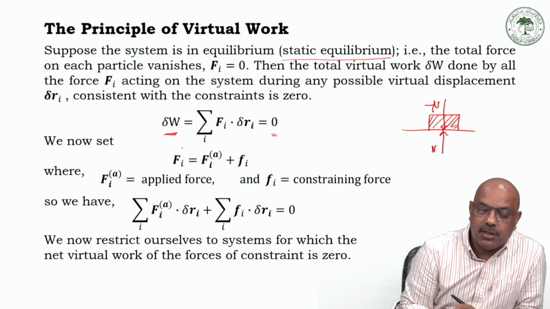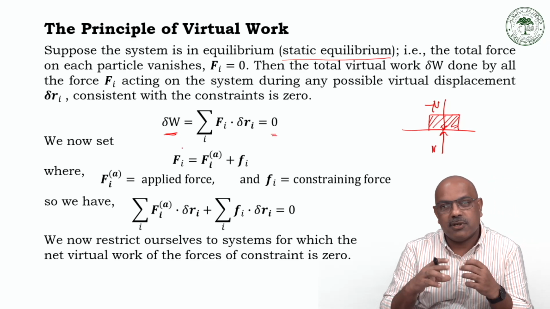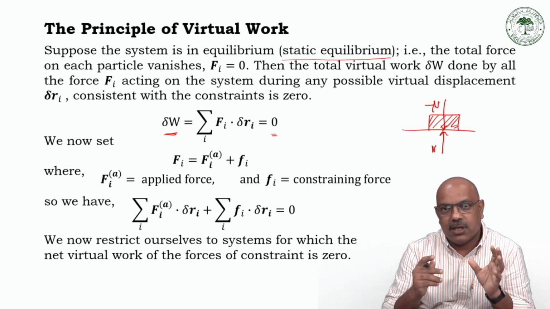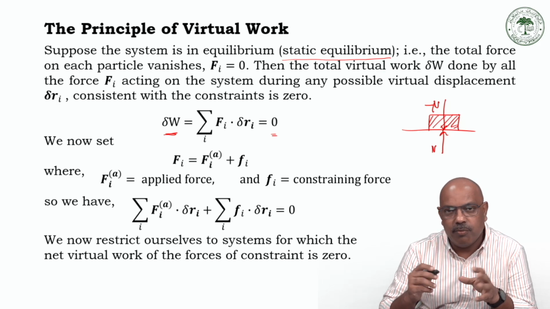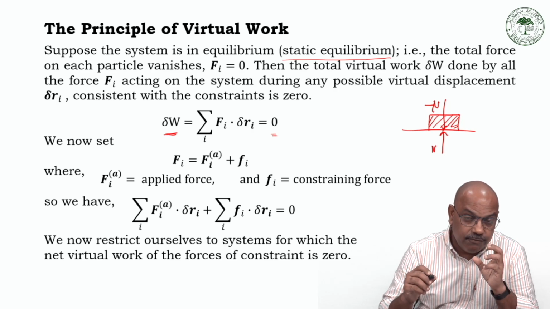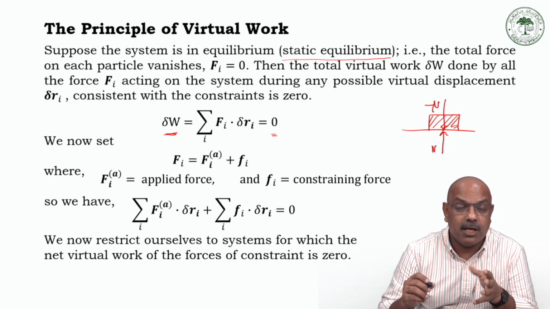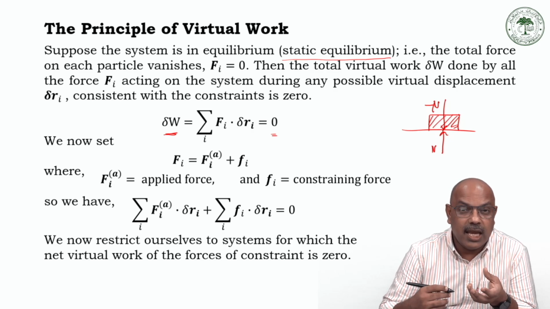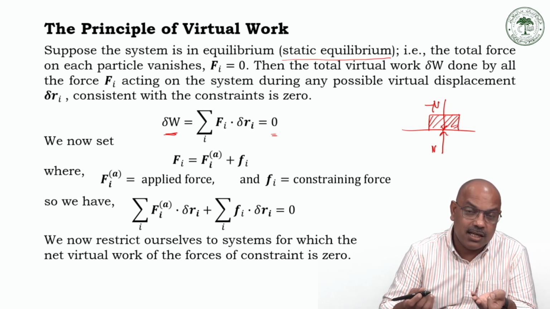So if certain forces are acting on the system, whatever the forces, like applied forces, constraint forces, how many types of forces are acting along the system, but if the system is in a static equilibrium, that overall the forces are zero, then and because of that force at any instant of time those forces are doing some virtual work,